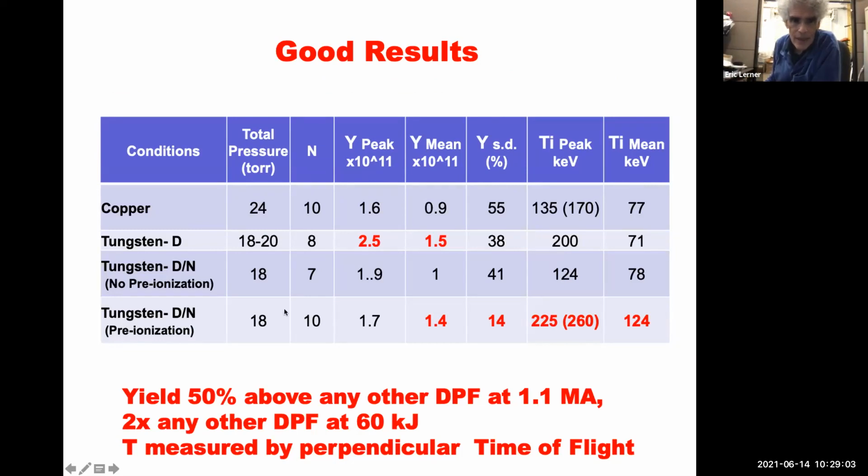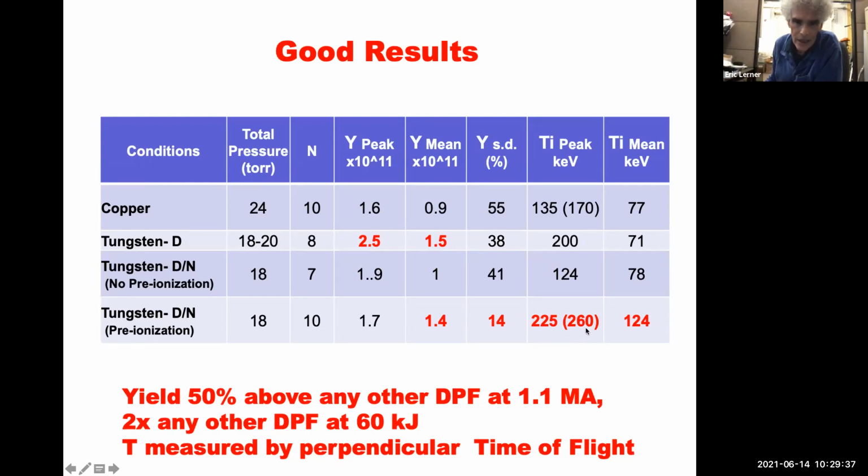This table summarizes that our yield increased by 50% over any other DPF operating at the current we were at, 1.1 megamp. We got twice as much fusion as any other DPF operating at our input energy, our stored energy of 60 kilojoules. And we got a spectacular record